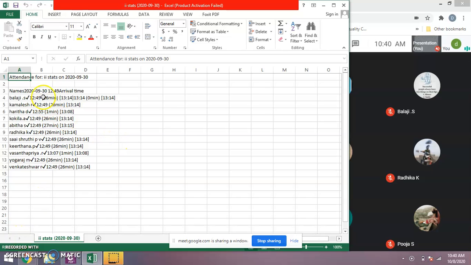Right? This is a workbook. Whenever you want to open an Excel sheet, you would go to your program menu, and from that, actually